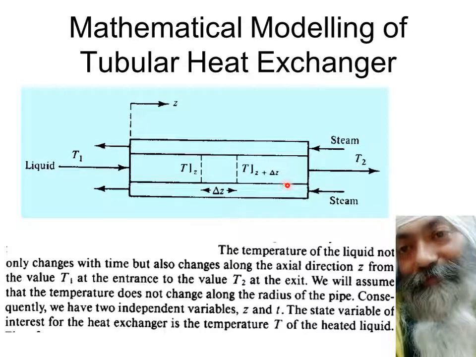And that's why we are not taking the lumped parameters that we were taking earlier, because things are different in different sections of the tube. Therefore the model we're going to develop is the one which is distributed along the length, and therefore this is called a distributed model. This is the distributed model of the tubular heat exchanger. So this is what we're going to see in the subsequent slides.